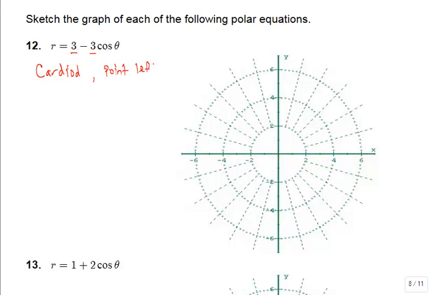So that's always nice to have in the back of your head. We know that this is going to look like that heart shape pointing to the left. Now to get some exact points, you're definitely going to want to plot some r's and some thetas. We're not using x's and y's here, we're using r's and thetas. I always like to do my thetas first and plug those in and then figure out